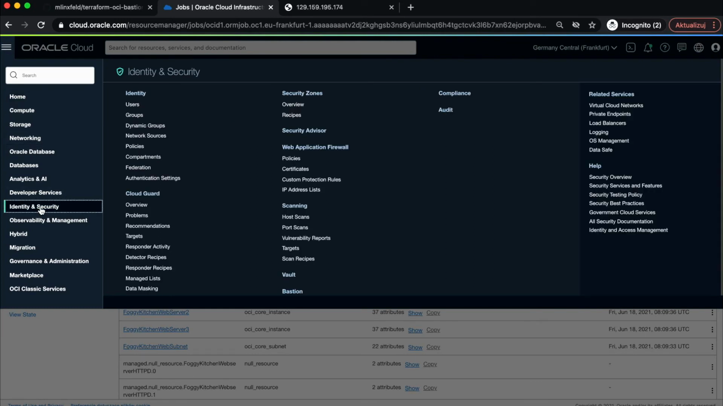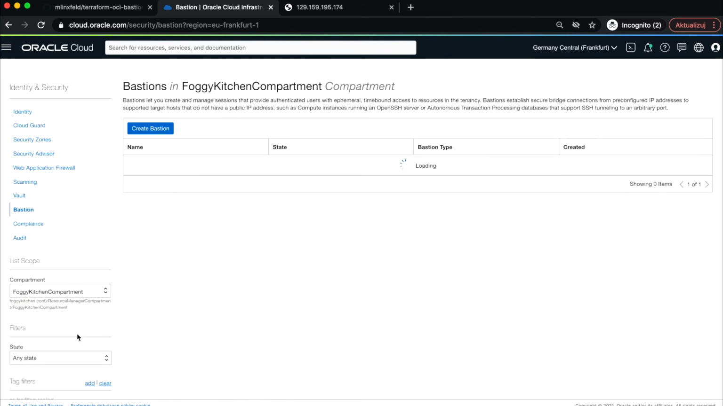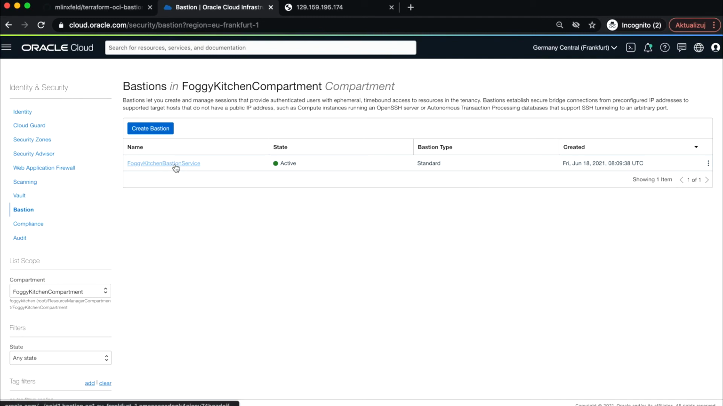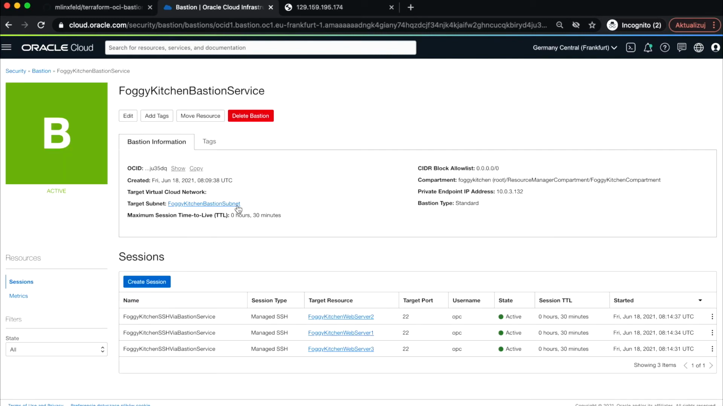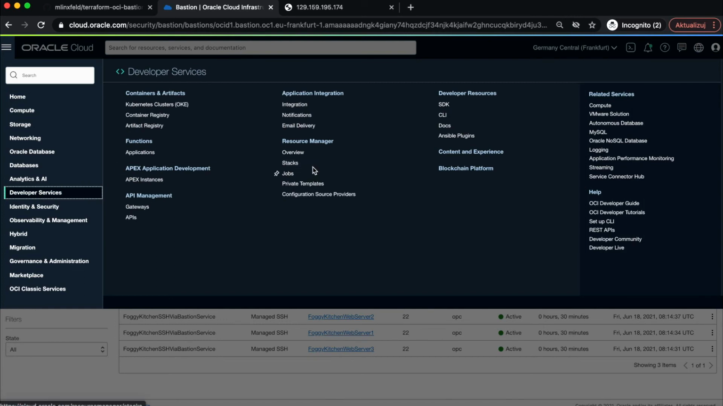That's really great. And now we can go directly into our identity and security, and then into a Bastion, right? So as you can see, we need to choose the compartment. We can see here Bastion Service, and inside Bastion Service we can see sessions, manage SSH sessions to each and every web server, right? And that is mostly all. That is my presentation,